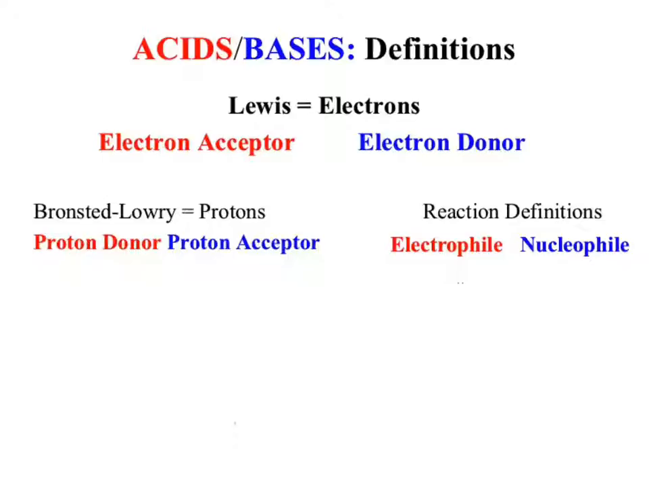The Bronsted Lowry definition works out pretty nicely when we're looking at the transfer of protons. So you should be tying Bronsted Lowry to protons. A proton donor would be something like, I don't know, HCl, which would be giving us H+. A proton acceptor would be,